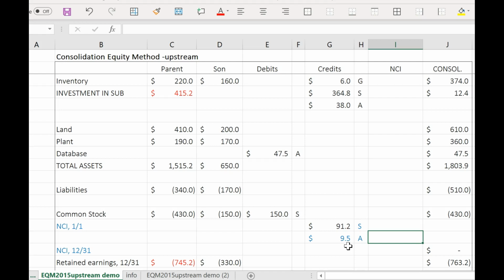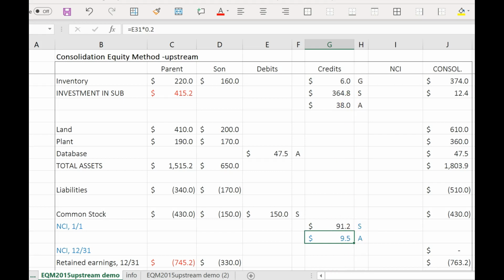Now, one student asked me in one particular exercise when she or he does the 80% and 20%, he or she says it's wrong. That is because if you have a control premium case, and if you have goodwill, you should remember if the parent pays more than the NCI to acquire the subsidiary, the parent has a control premium, which makes the parent's goodwill disproportional to the ownership it has. If that's the case, you should add everything other than goodwill up, multiply that number by 80%, and then add the goodwill separately. But here we don't have goodwill, we don't have control premium. So we are just simply splitting between the CI and NCI the fair value excess we are eliminating or restoring for the database. Okay, that's 47.5 multiplied by